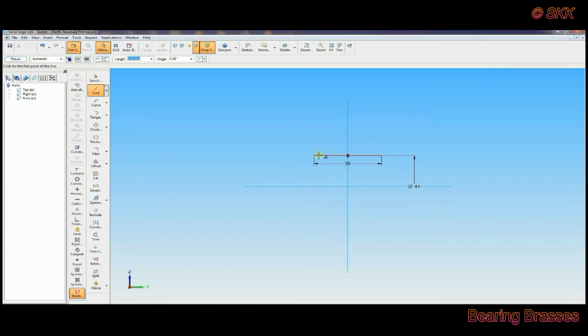Now you have to simply draw the desired profile, like this profile I want. I'll draw it like this, without dimensions. Then go to equal, that line and that one should be equal, then vertical and vertical should be equal.